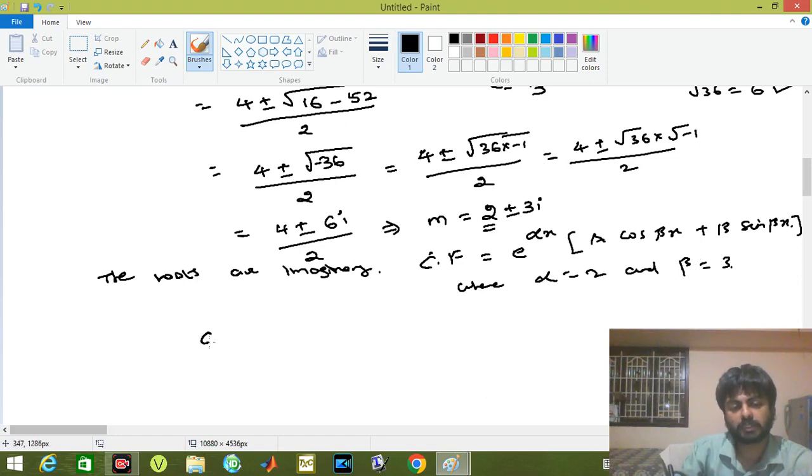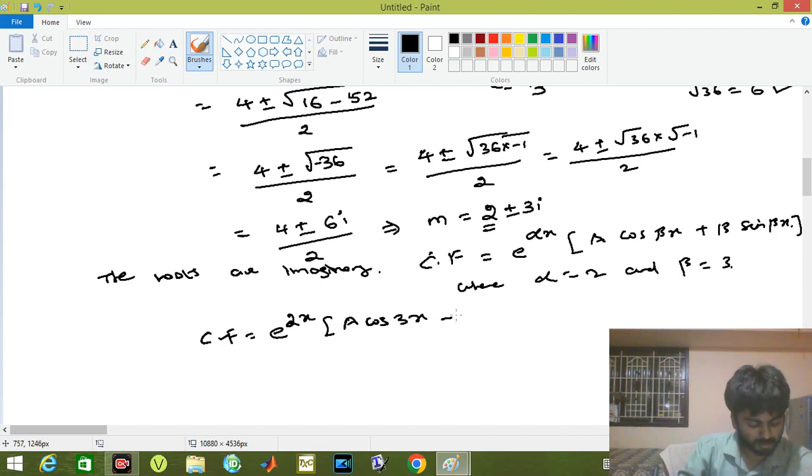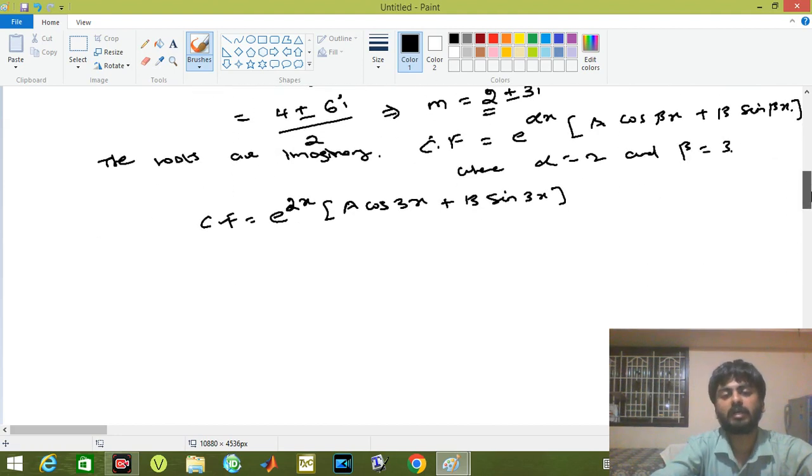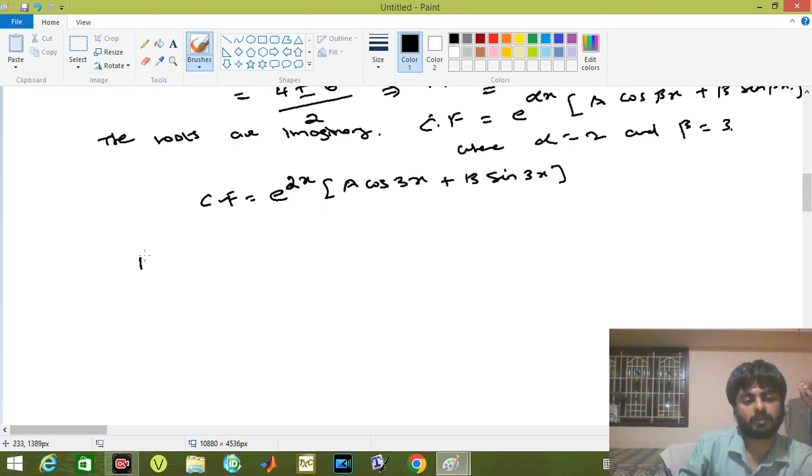So the complementary function is given by CF equal to e power, what is alpha, 2? So e power 2x into a cos 3x plus b sin 3x. So this is our complementary function. Now we have to find the particular integral, PI. So the PI can be given as